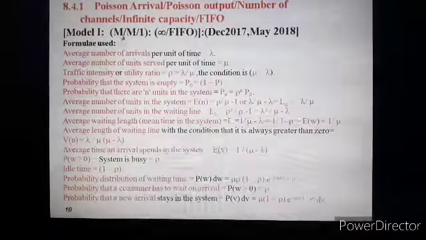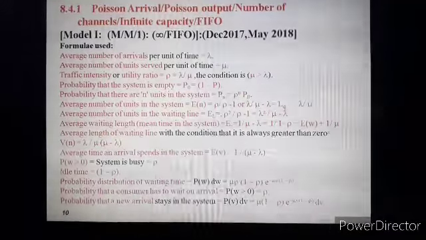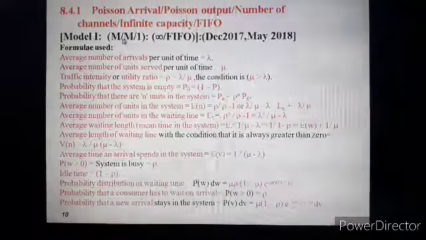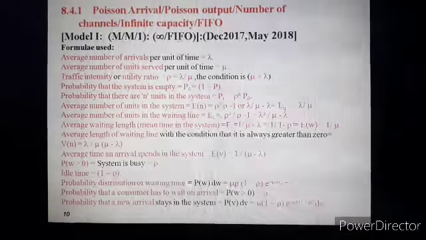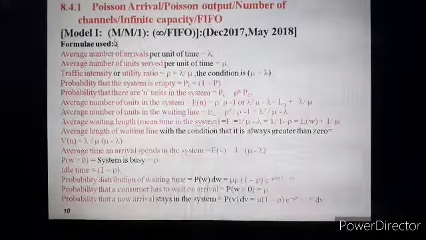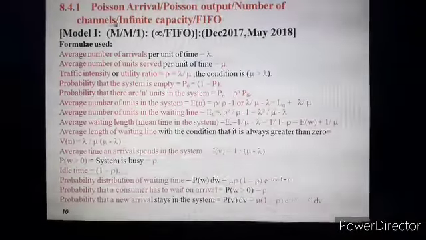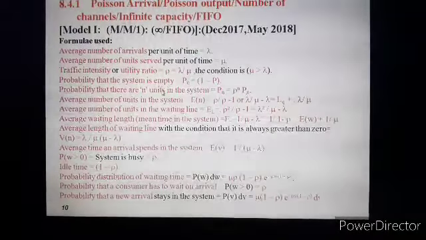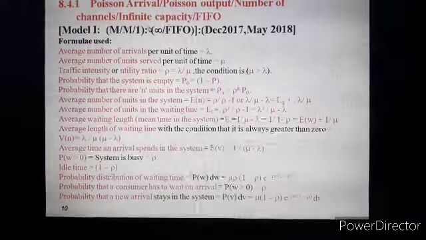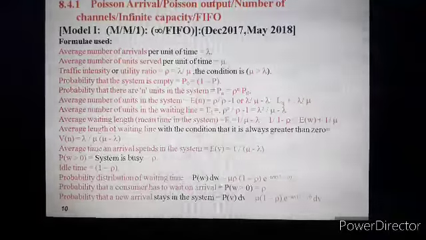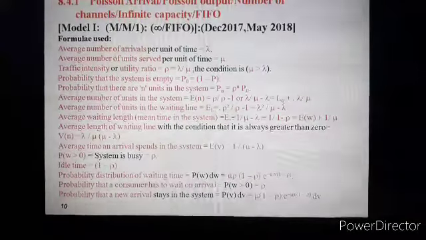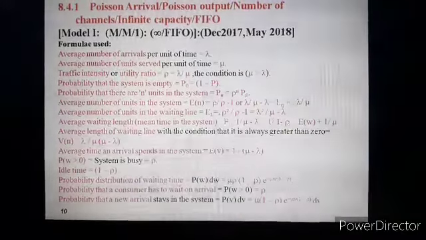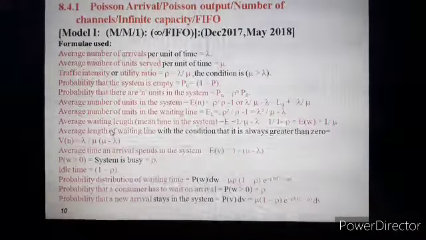There were some theory questions on this model and some numericals were asked. So we will first discuss the theory part of this model, and then we will go for numericals. Whenever we have to solve problems on any model of waiting line theory, first of all we have to list the various variables, and we have to take into account the relation between these variables. So this is the list of variables. These are the important equations referred to in this model 1. Let us discuss these variables as well as the equations one by one.